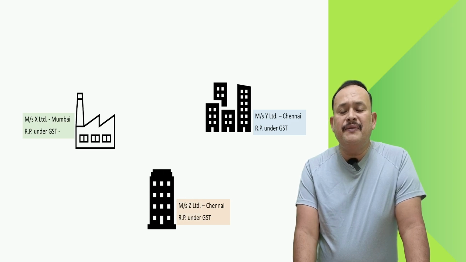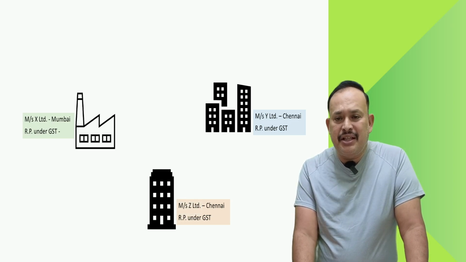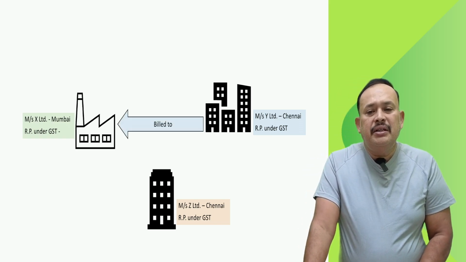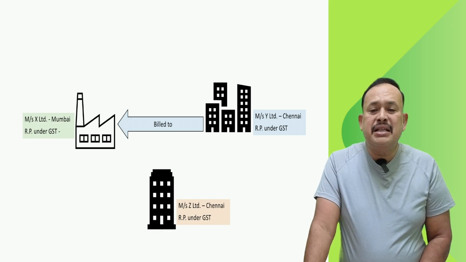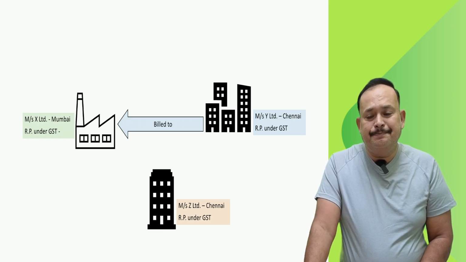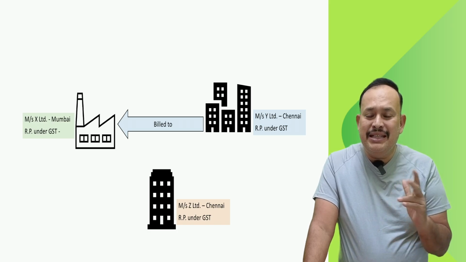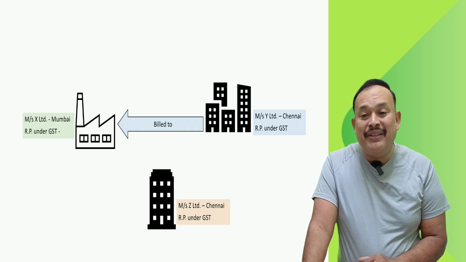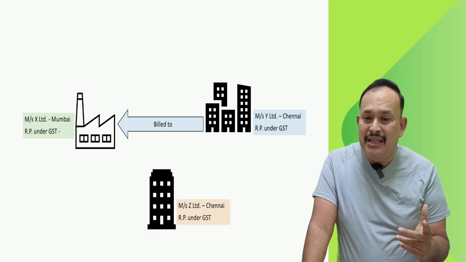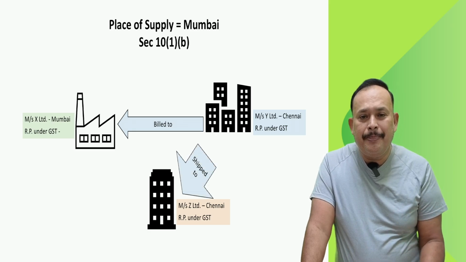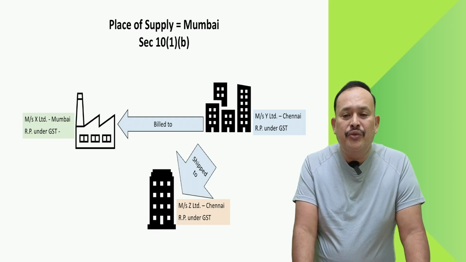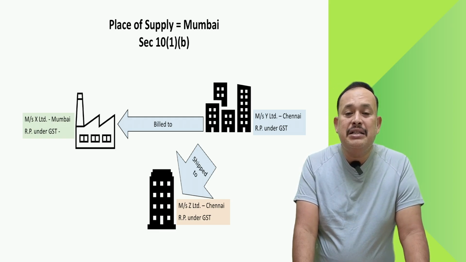Z Limited of Chennai, registered person under GST. There are three parties. Now, here Y Limited is selling the goods to X Limited, billing to X Limited, shipping to Z Limited upon the direction of Mr. namely X Limited. In that case, place of supply goes to, for Y Limited, the principal place of